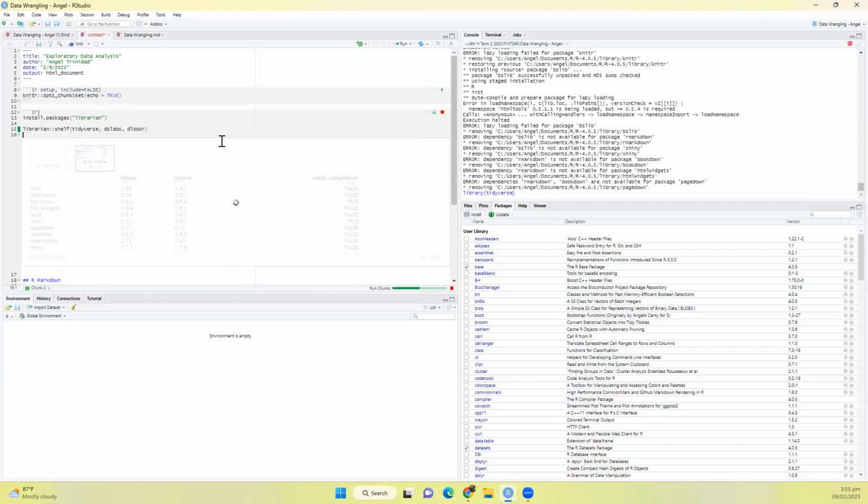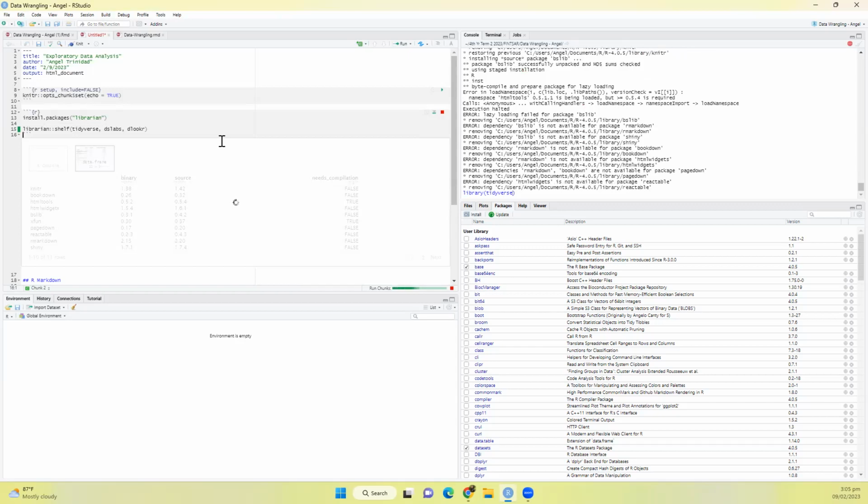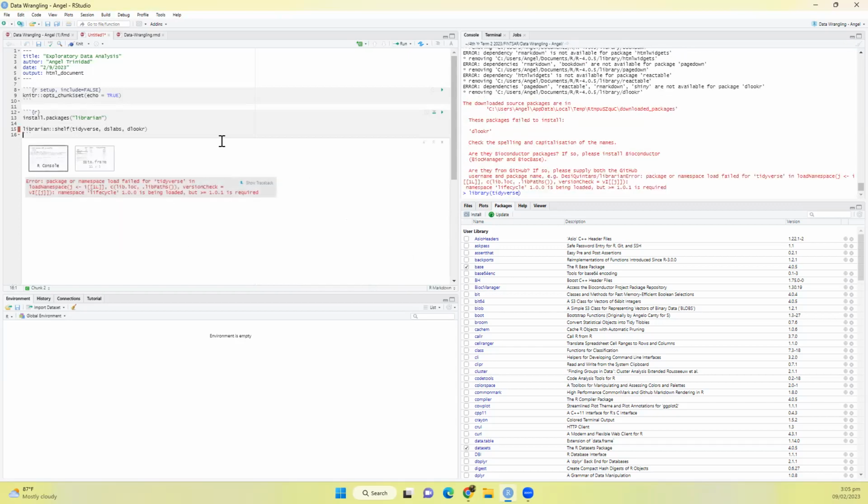Nag-error, dependency. It's still error pa rin, no? Package or namespace load of tidyverse, yun pa rin no? Namespace lifecycle but